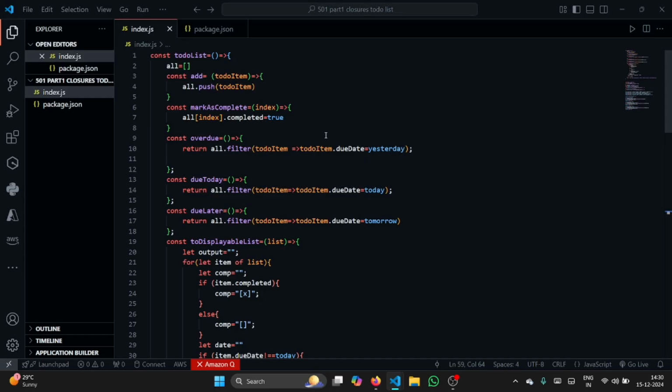Next, the function is overdue. In order to use this overdue, what we have done is we have just filtered from the list where the due date is yesterday. Simple as that. Because we have assigned the value of yesterday, that is the day -1, etc. We have just used a filter in order to obtain all the list items where the due date is yesterday. And in the due today, we have filtered it to be due date is equal to today, and due later